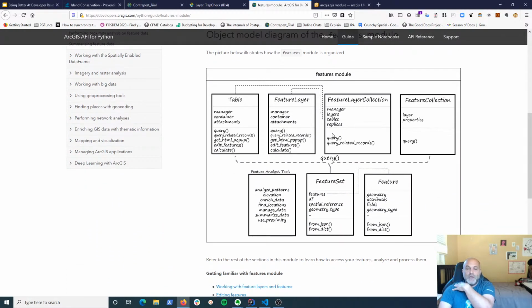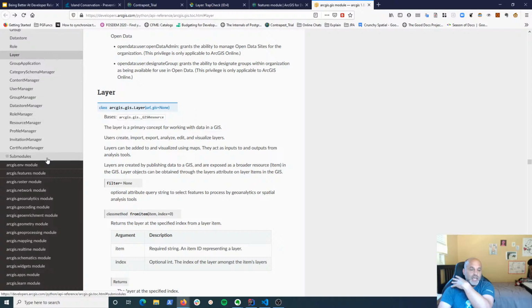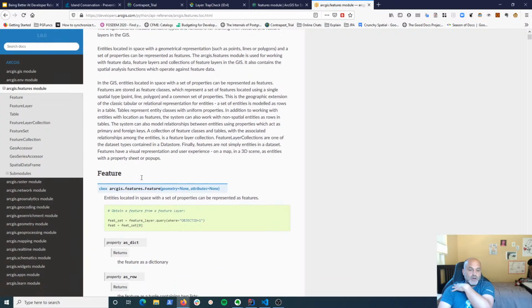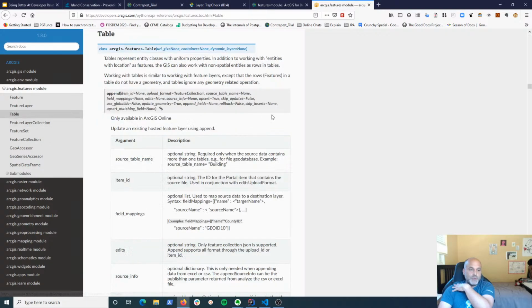All right. So we figured out that we wanted to get tables off of feature layers. That's great. We want to do a query because we want to be able to check that we're only getting new records. Okay, so we want to do a query. So when we go to the table, sorry, it's in the features, right? And so we can say feature, right? We don't actually want feature, we want table.